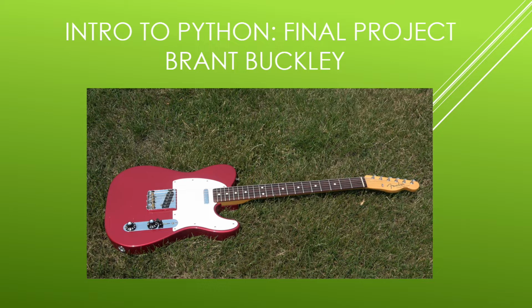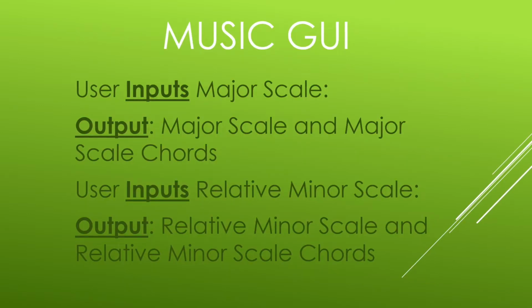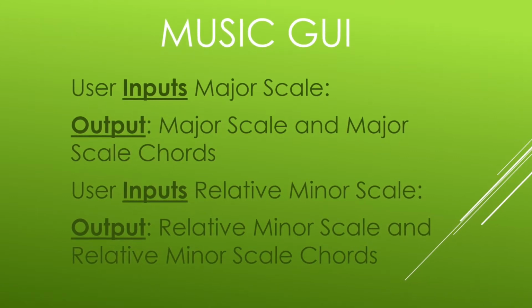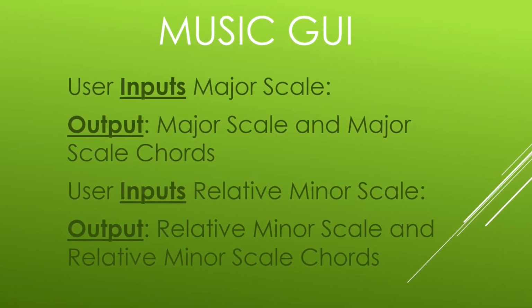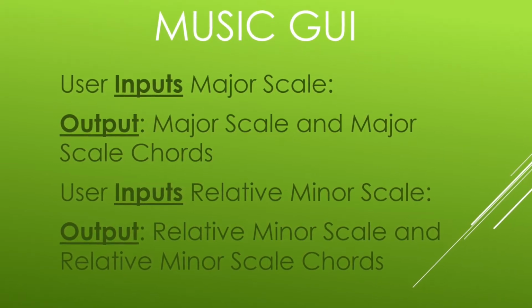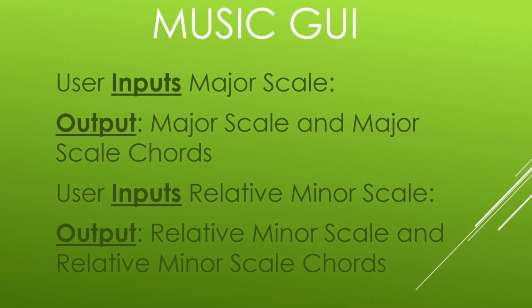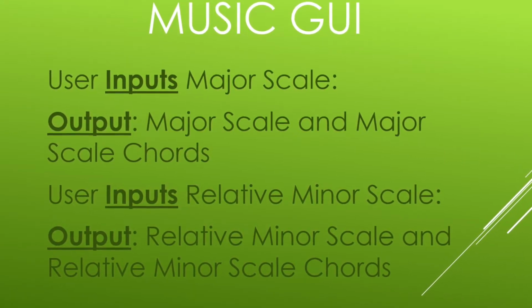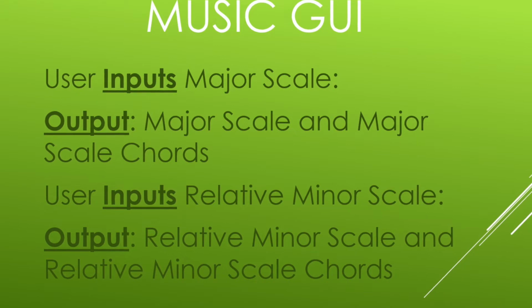So, I'm a musician, I give music lessons, and this is a picture of the Muddy Waters guitar here. I thought that would be pretty fitting. So, basically what I created in Python is a music graphical user interface. The user can input a major scale, and there are going to be two pieces of data output: the major scale and the major scale chords. Also, the user can input a relative minor scale, and the relative minor scale and the relative minor scale chords